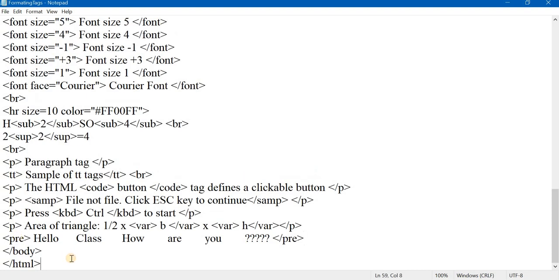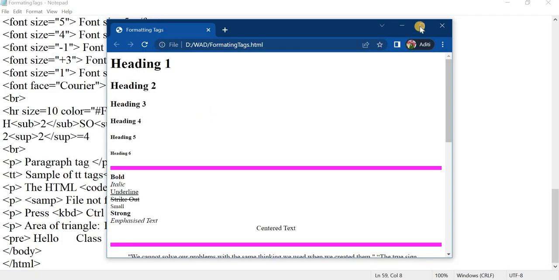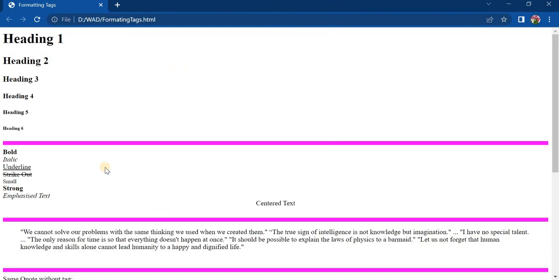I'll save this code. Now how to run this code? You will go to the folder where this code is saved and you will double click on this particular file. When you double click on it, your browser window will open, and as you can see, all my heading tags output is there. Bold, italic, underline, strike out. You can see how small text is appearing smaller as compared to the rest of the text. There is strong, there is emphasized text,